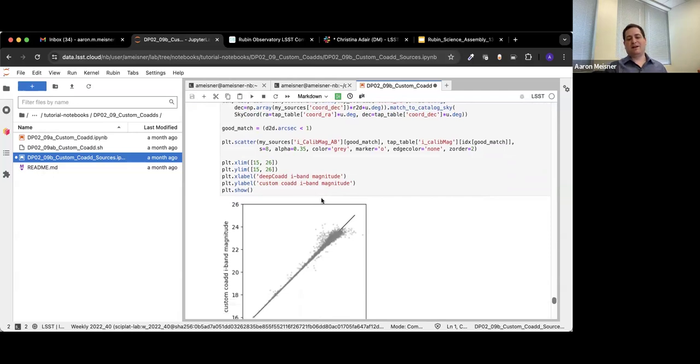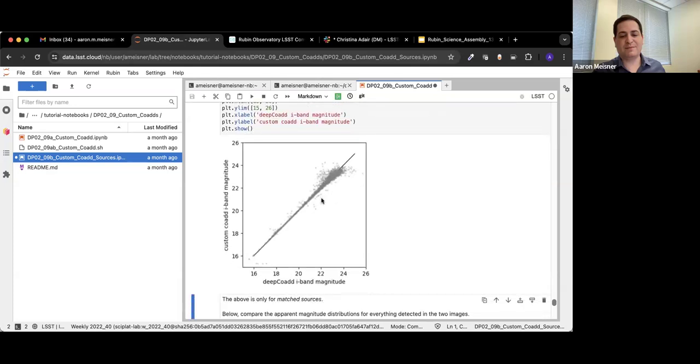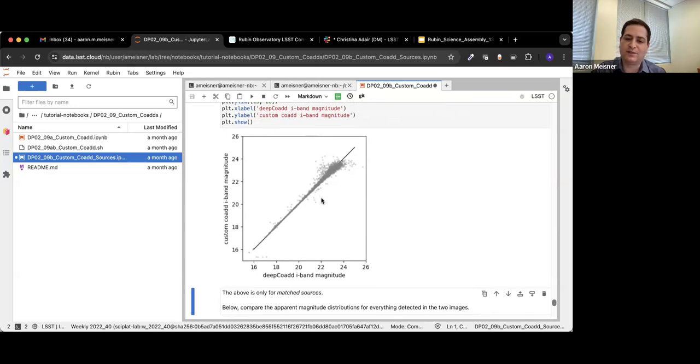And you can see that you have I-band magnitude on the x-axis, and then the custom I-band magnitude on the y-axis, and the black line is y equals x. And indeed, you see things falling along that line with some scatter. There's multiple reasons you could imagine for the scatter. One is just that at the faint end, we have less data, and so you could imagine it being noisier in our custom coad. And of course, the other one is that there could be different deep blending of sources,